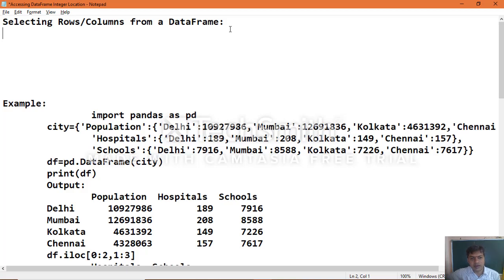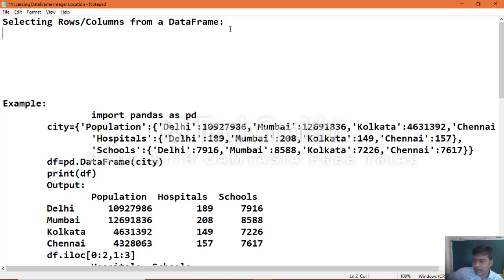Sometimes you may not know the label names, and that is what is represented here, where we use iloc, which we call integer location. Sometimes your data frame object does not contain row or column labels, or even you may not remember them.